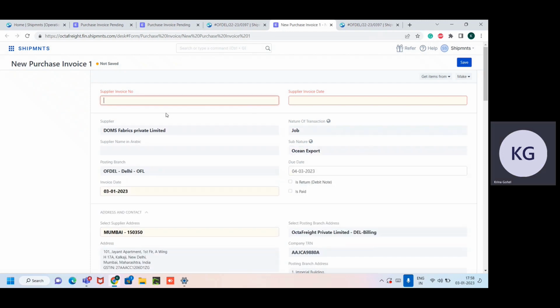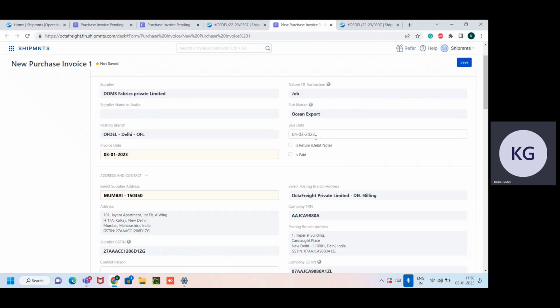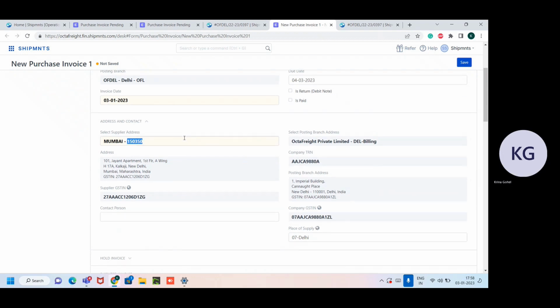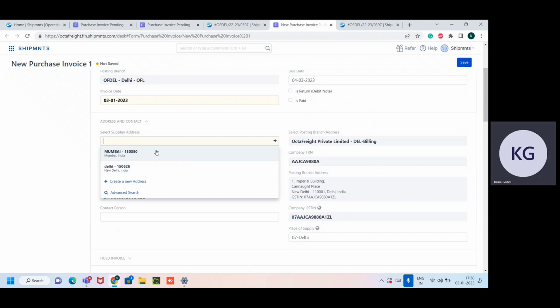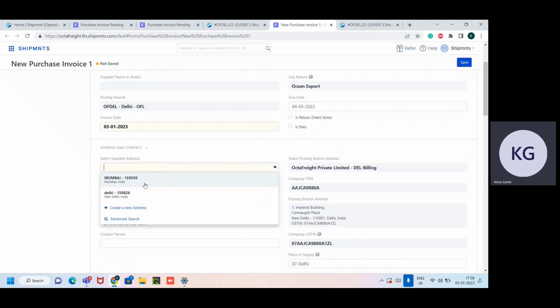By clicking on the purchase invoice, you will be redirected to the purchase invoice form. Here you just need to enter the supplier invoice number as per your vendor invoice. You need to select the purchase invoice date. You can select the branch of your vendor. Suppose Domes Fabric has raised the purchase invoice from the Delhi branch, you can just select the branch